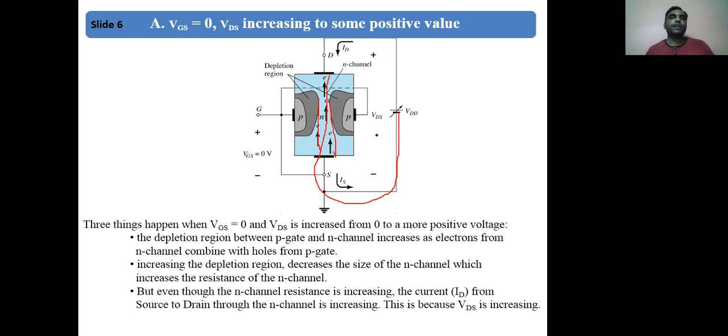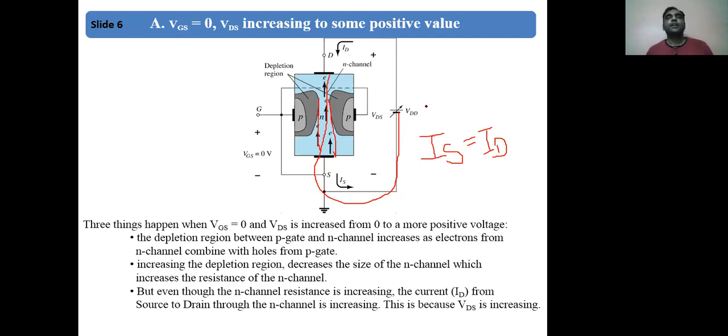Okay, so there will be the flow of the electrons due to the repulsion of the battery VDD, or you can say VDS. And the electrons will be reaching the drain. So due to that, there is a flow of current in your N channel, and there is a path. This path is called the channel, and this current is called the current IS, or you can say the current ID, because the channel is connected with the source and drain. The current IS will be equal to ID. Okay, so you can say there will be a flow of the current IS, ID.